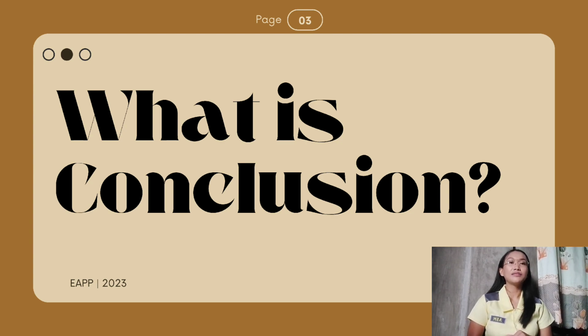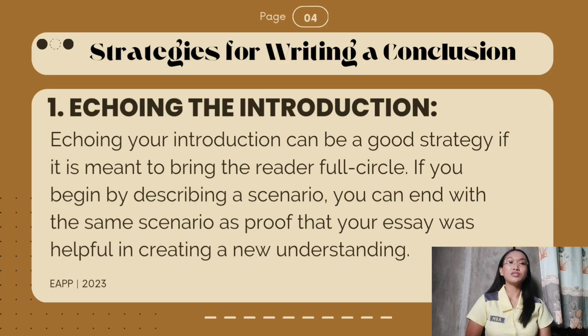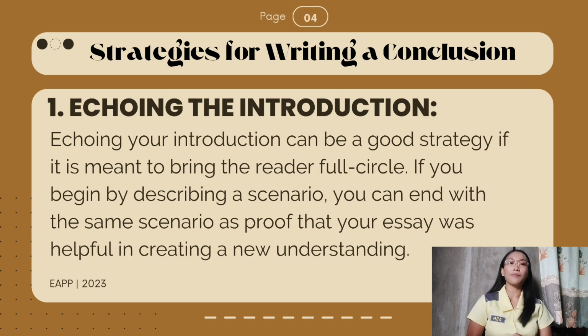It means that it is not exactly the same words as were used originally, and it gives the essay a sense of completeness, and lastly, leaves a final impression on the reader. All in all, the conclusion provides closure while reminding us of the contents and importance of the paper. It accomplishes this by stepping back from the specifics in order to view the bigger picture of the document or the academic paper. So now, we are in the strategies of writing a conclusion.